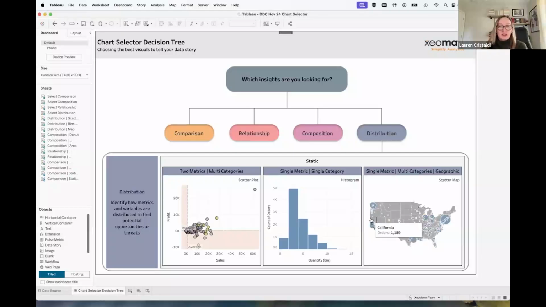And if you mouse over just the state, we just have the total number of orders. But at a glance, you can see the bubbles that are bigger have more orders, whereas the ones that are smaller have fewer orders. And depending on the color, and usually you'd have a legend up here, you can see which segment they fall into. So it looks like the consumer segment makes up most of the orders, since they have the largest bubbles and we're seeing the most blue on the map.